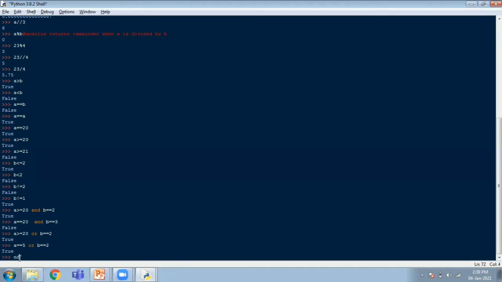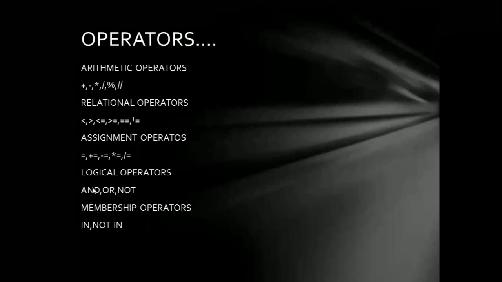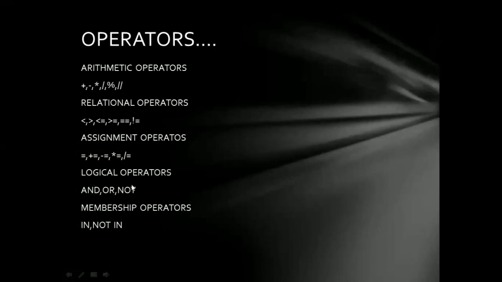And similarly, NOT A is equal to 5. You know, A is equal to 5 will evaluate to false. What is the opposite of false? It is true. So it inverts the check which is done in this comparison, and then returns the result which is the inverse of this result. So NOT B not equal to 2: B is equal to 2, so B not equal to 2 is false. NOT of B not equal to 2 will return true. So these AND, OR, NOT are called logical operators. What are they called? These are called logical operators.